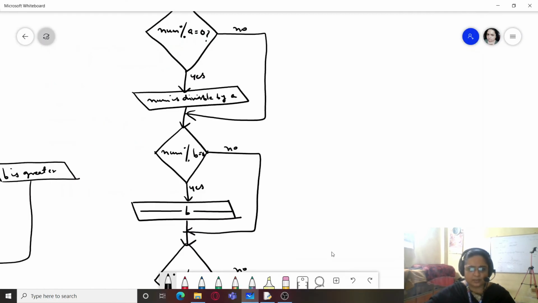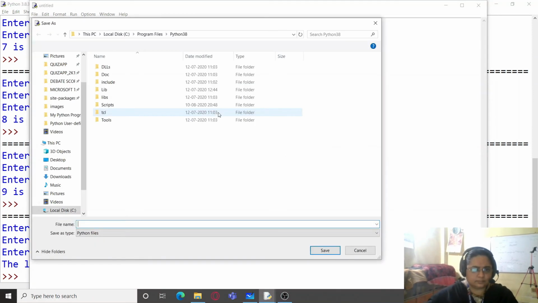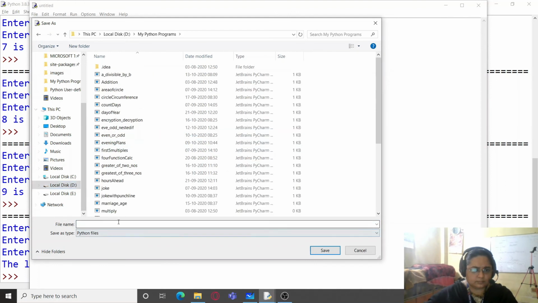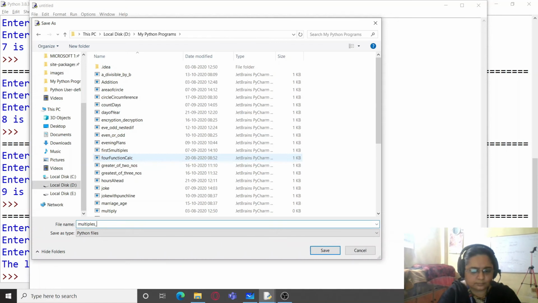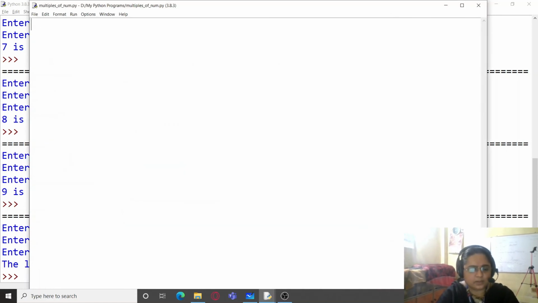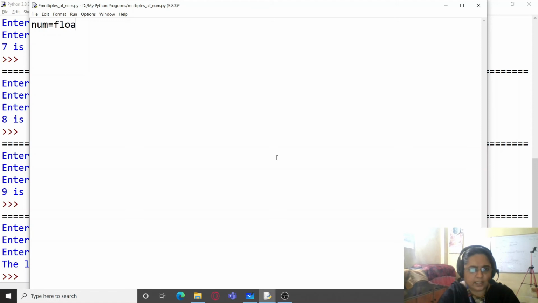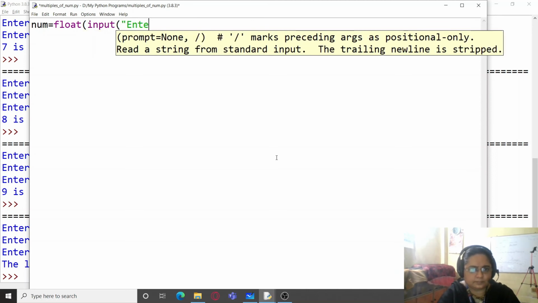So I'm going to write a program here. Multiples of a number. So we are taking num here. I can take float also. Enter a number.